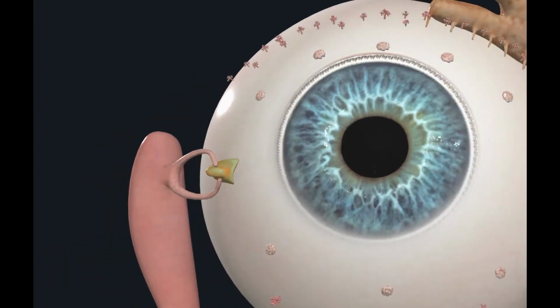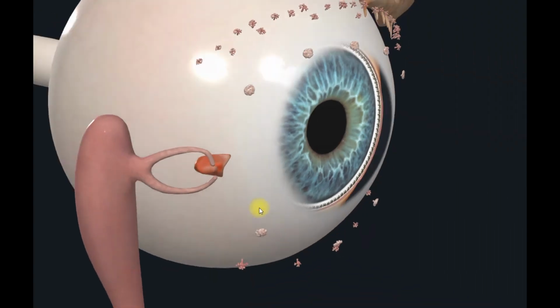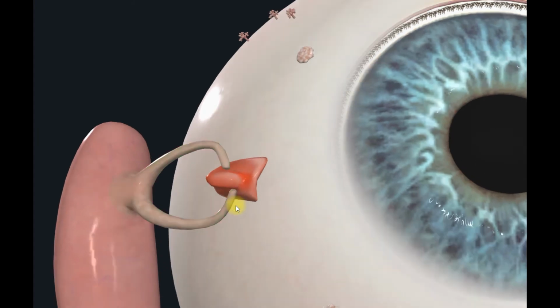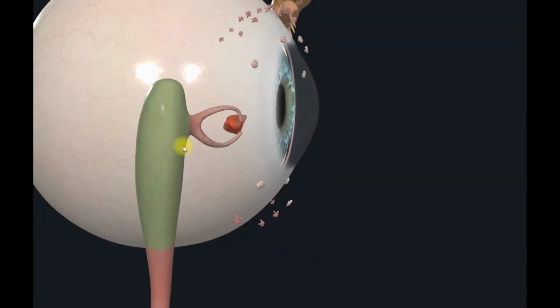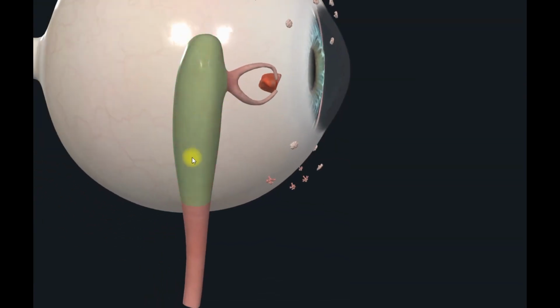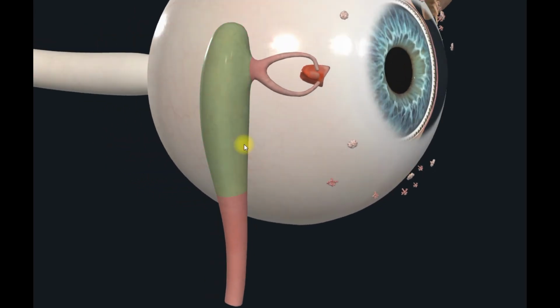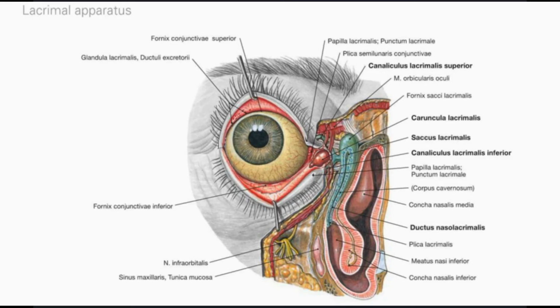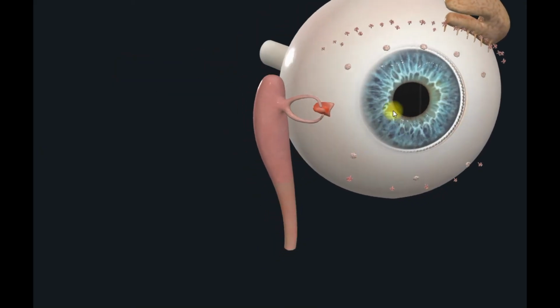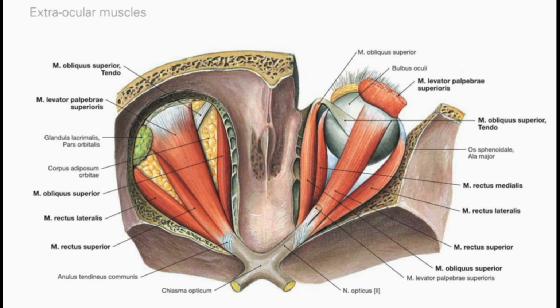and are directed to the medial angle of the eye, to the lacrimal caruncle, where the lacrimal puncta accept all these tears and direct them to the lacrimal sac, saccus lacrimalis, the dilated superior beginning of the nasolacrimal duct, located immediately within the orbit. It receives the lacrimal canaliculus, and it continues to the nasolacrimal duct and opens to the nasal cavity in the inferior nasal meatus. Next, the muscular apparatus of the eye.